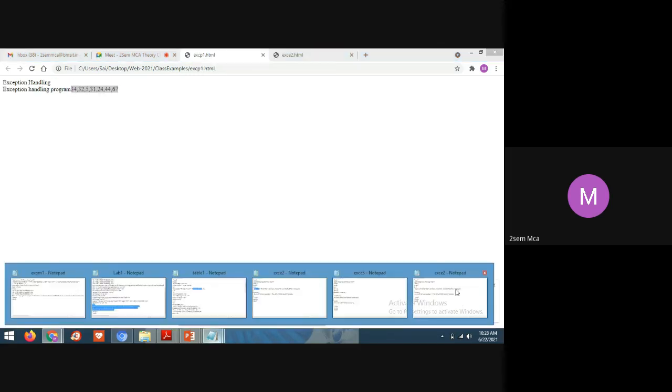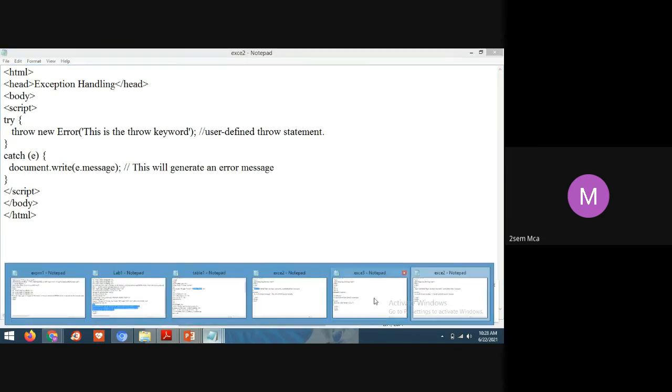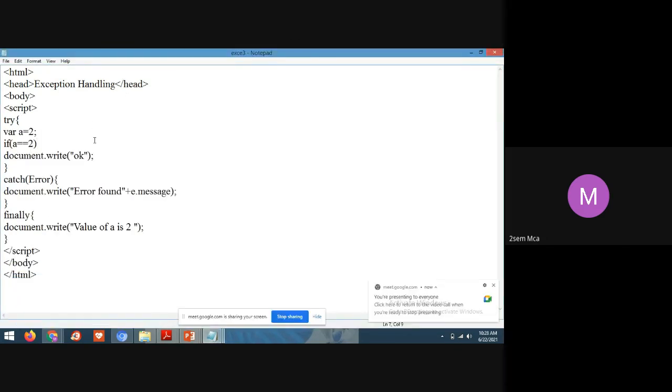And one more example, students. See here, this is also a very simple program. Here I have taken a variable a equal to 2.